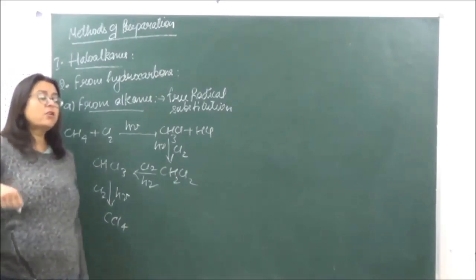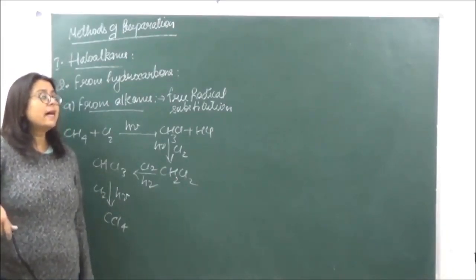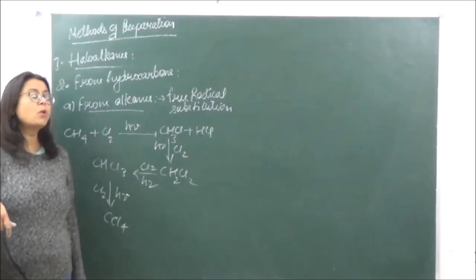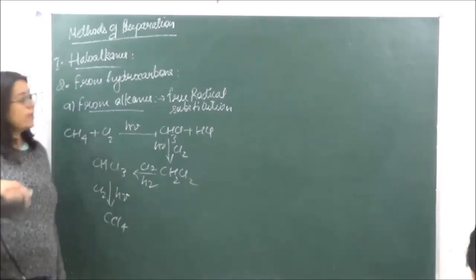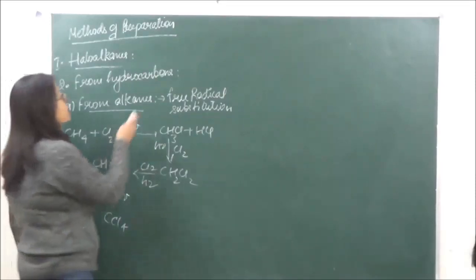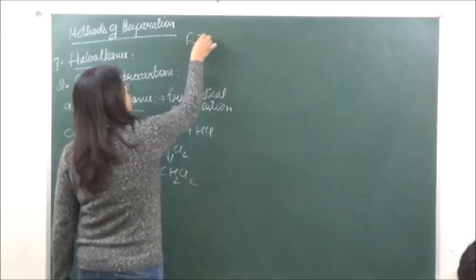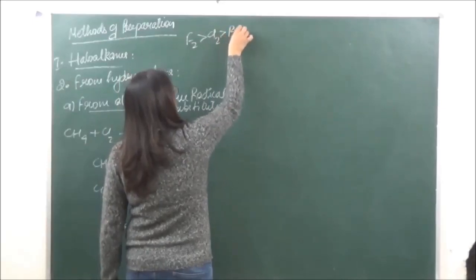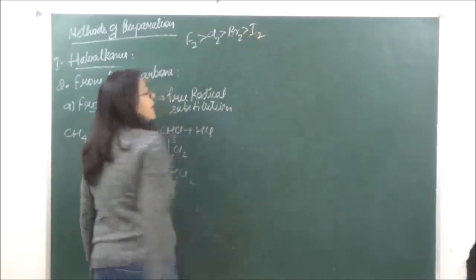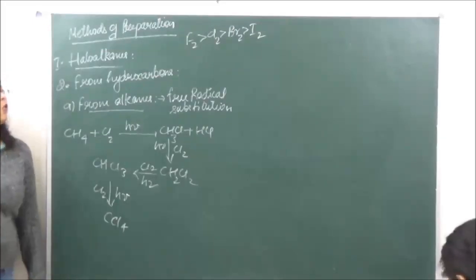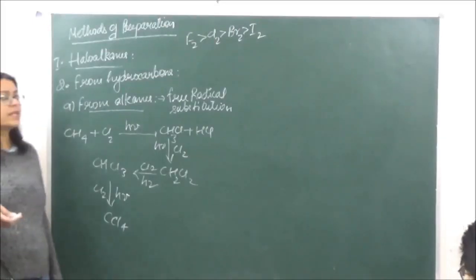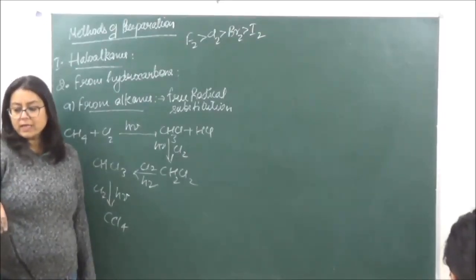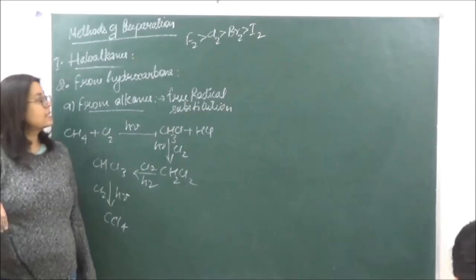Why fluorination cannot take place? The reason behind that is that the reaction is going to be highly exothermic. Fluorine has a very small bond dissociation energy. So when we're doing the order of reactivity over here, it is going to be fluorine which is going to be most easily reacted, फिर उसके बाद iodine. Now because of the very low bond dissociation energy of fluorine, the reaction becomes highly explosive and difficult to control. So that is why we cannot do it by this, right?